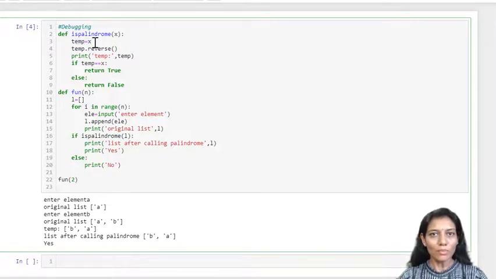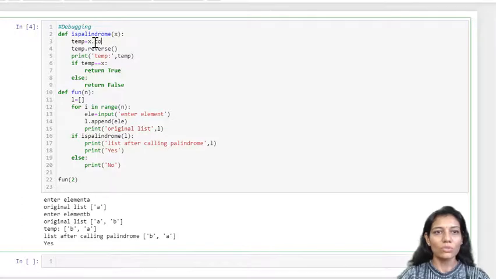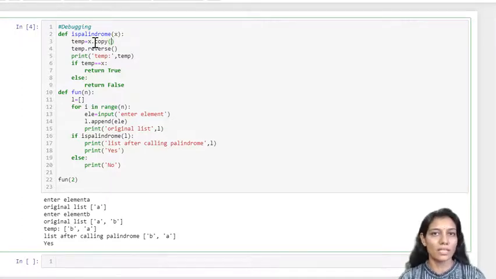To make a true copy, I need to use the copy function, which will make another copy of X, keeping the value the same. If I don't use this copy, temp and X both point to the same memory location, and that is the reason whatever changes you make to temp are reflected in X. That's why X is also getting changed. So instead of directly using the assignment operator, I should be using dot copy.